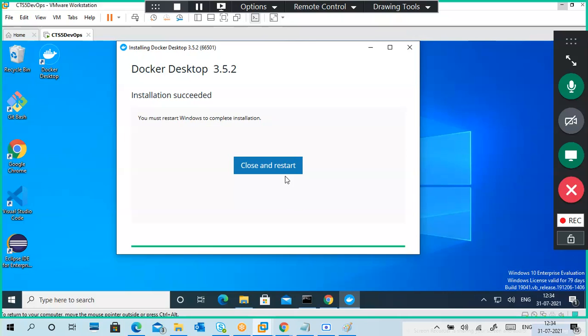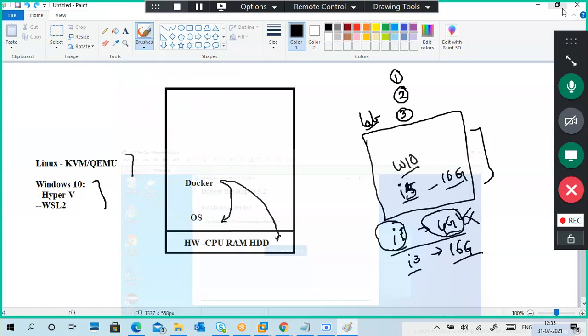But the problem is, if you click on restart, your Docker will be installed and everything works, but my Jenkins will also be stopped. So I will restart it later when I want it. Once I finish the pipelining, I will keep it like this for a moment. I will explain these things. Okay, got the point.